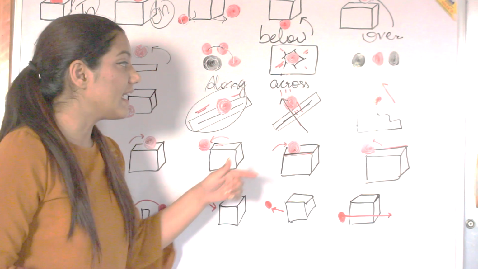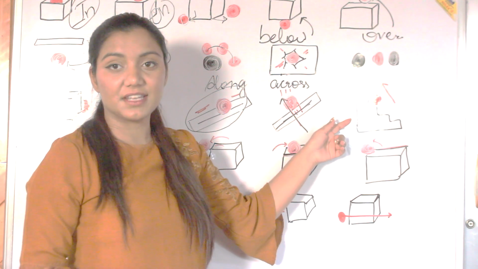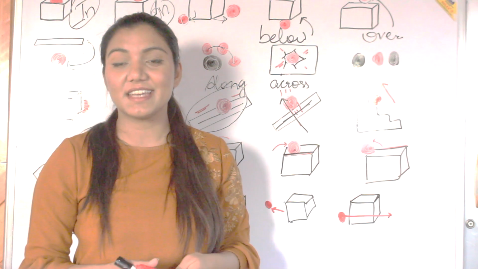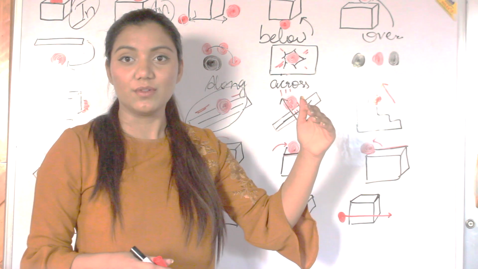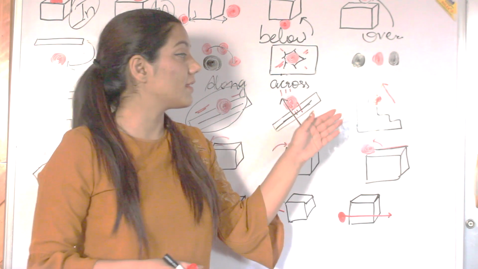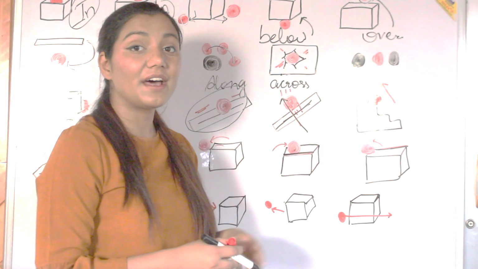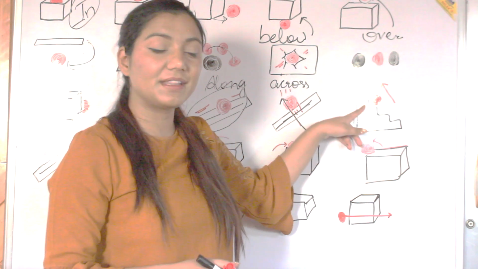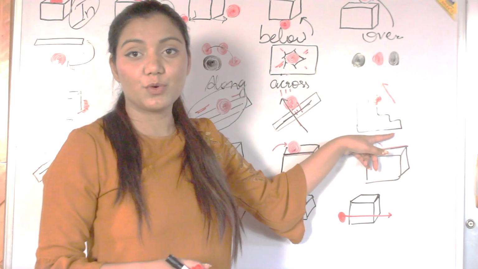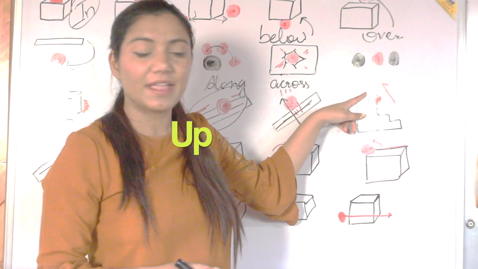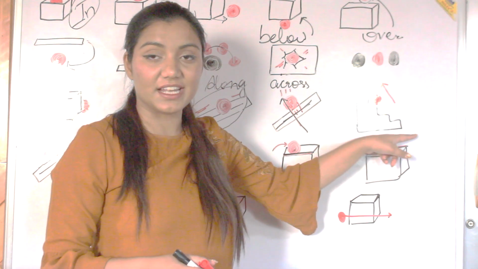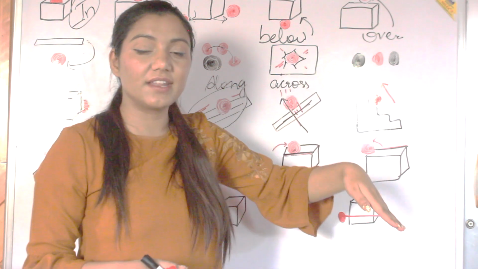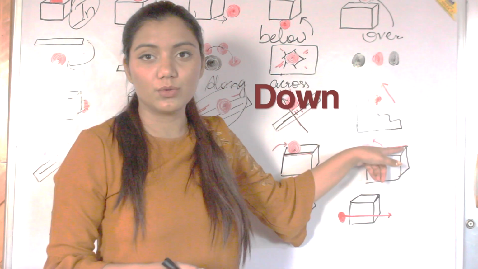Okay? Next is this staircase. Do you know what is a staircase? The stairs that we climb in our house, that is called staircase. Now assume a red ball is going up the staircase. Then what would we say? Up. And if its height is decreasing, it is lowering in its level, then it is going down the staircase.